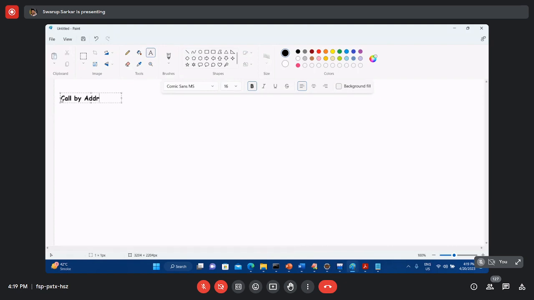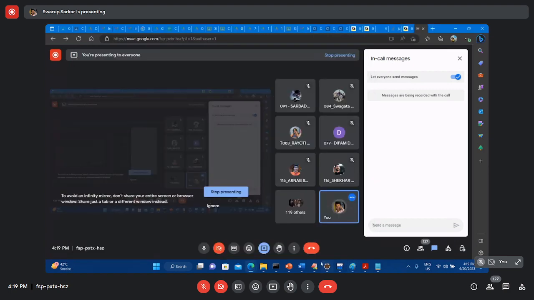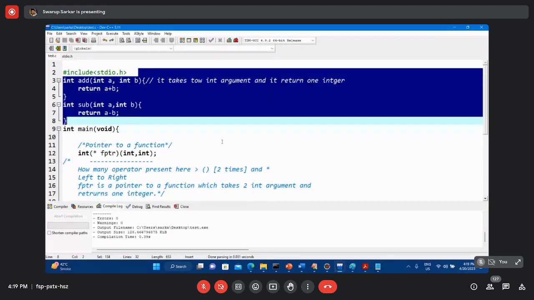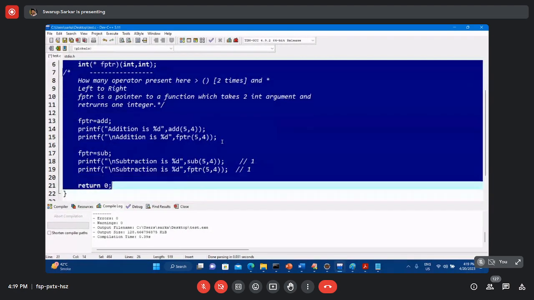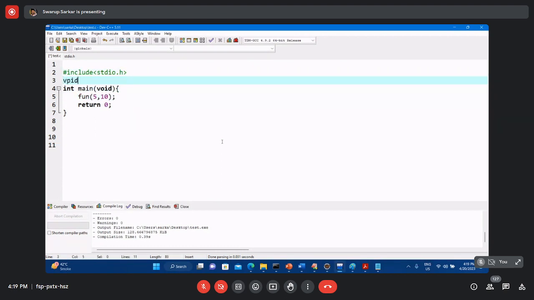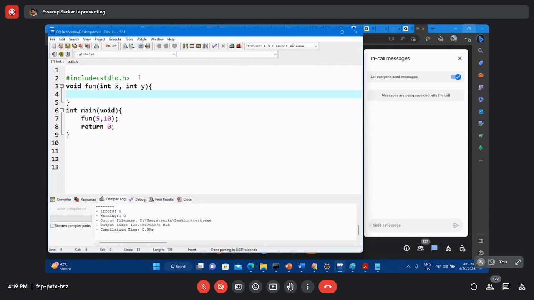Call by address. Before I let you know the call by address story, let me tell you one simple thing here. Suppose you are writing one simple code. Let us assume you are calling one function here, fun. Fun takes two values, 5 and 10. Define fun now. void fun. How many arguments are required? int x and int y. Let us assume now you are asking the fun function to